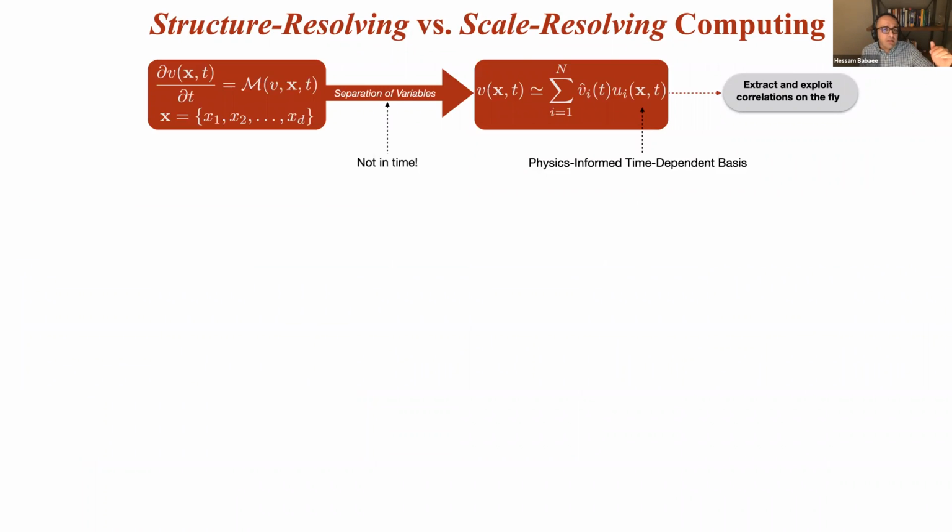At a very high level, we look at the same PDE, but we do separation of variables, but not in time. If you notice here, the basis is time-dependent, and so this is perhaps the main distinction between classical scientific computing techniques or reduced order modeling techniques, that this is now also time dependent. So there's time here and time here. So basically, we don't choose these bases from a library. We let the physics of the equation derive these bases. So you can look at these as physics-informed time-dependent bases.